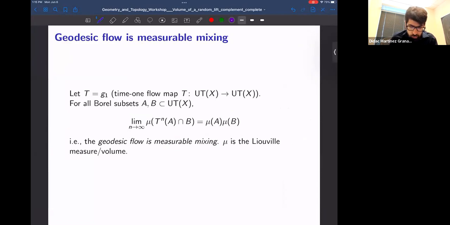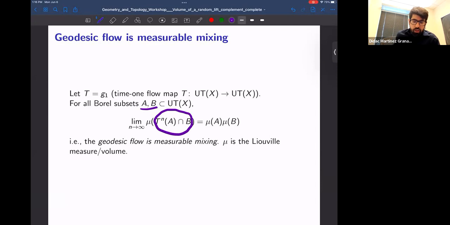So what does that mean? Let's discretize things, and instead of looking at the continuous parameter geodesic flow, let's look at the time one flow map, where you just flow by time one every time, so you get a discrete dynamical system. Being measurable mixing means that for any pair of measurable subsets A and B of the unit tangent bundle, the probability of the intersection of T to the n of A with B, when n goes to infinity, is equal to the product of the two probabilities,